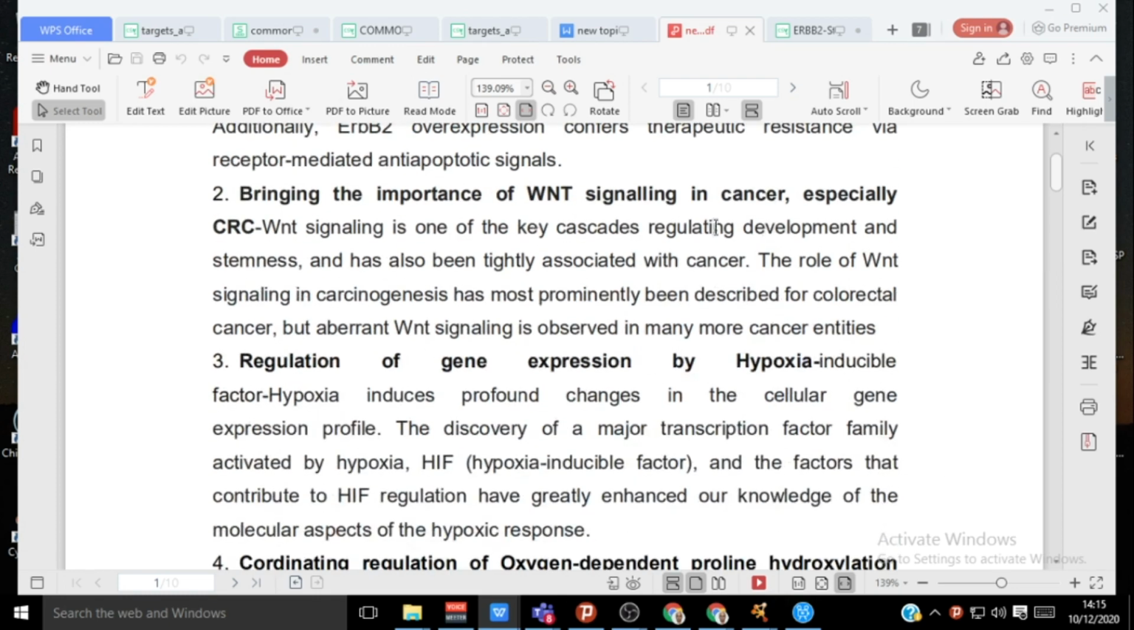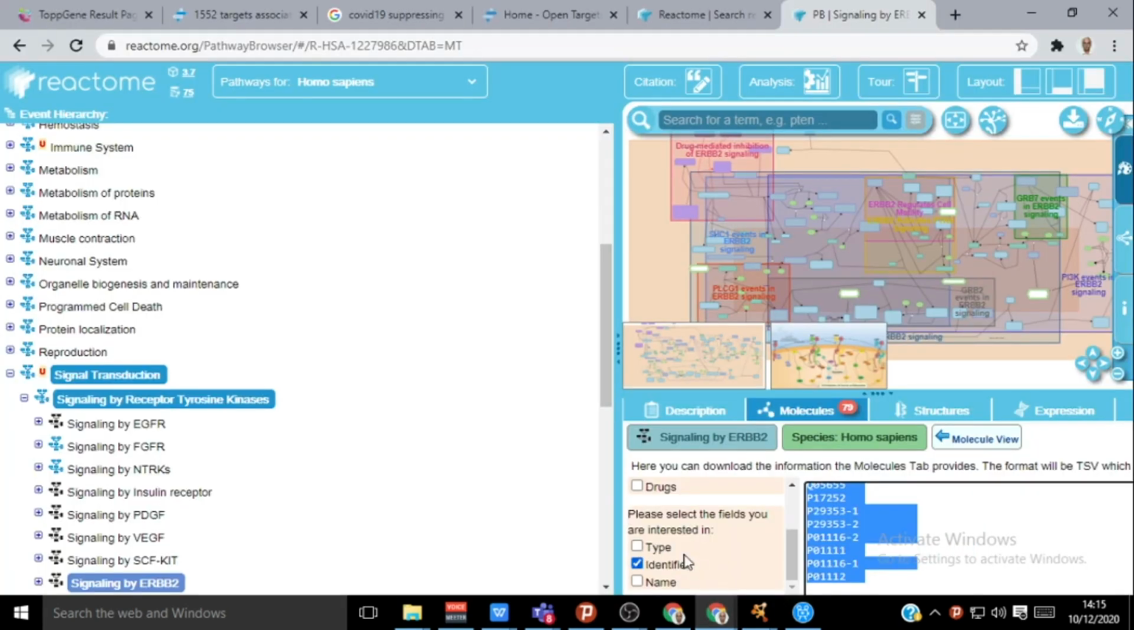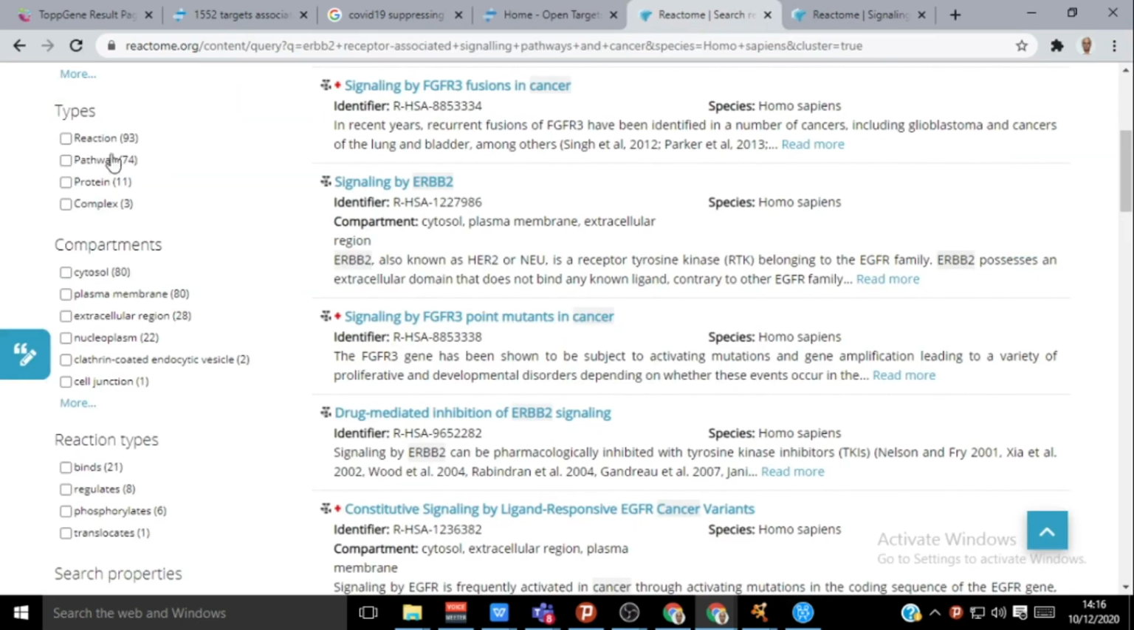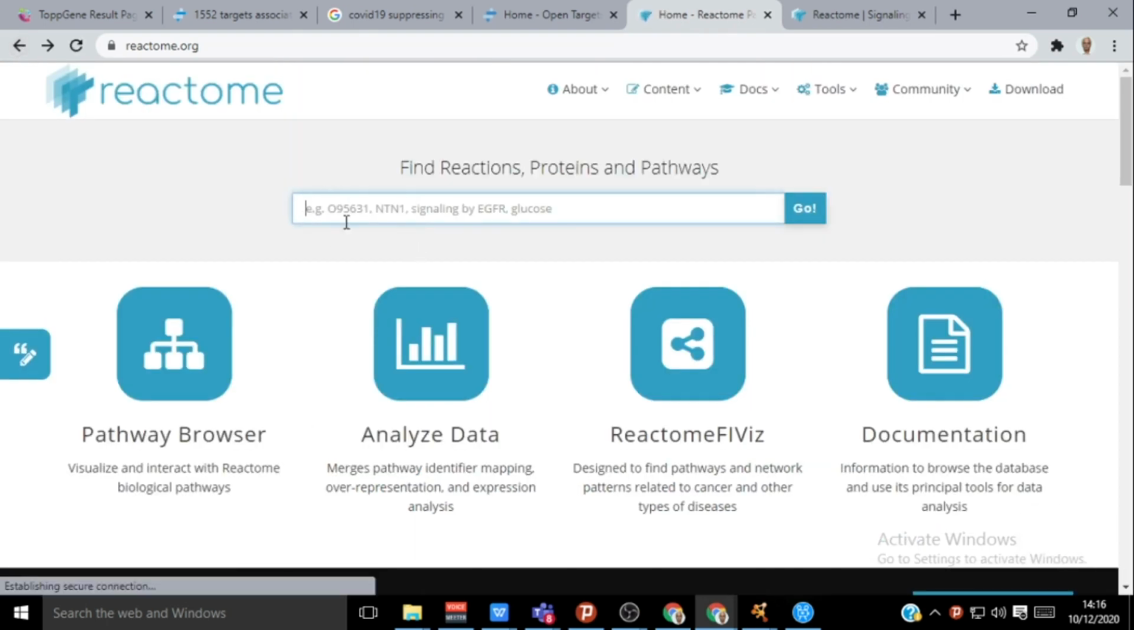Now in the meantime, let us see the second problem. The second problem is bringing out the importance of WNT signaling in cancer. So what we do is WNT signaling in cancer. This is going to be our problem. So again, I will open Reactome. So this is the Reactome page. In Reactome, this is the second problem I am taking. Control V. No, it is WNT pathway and